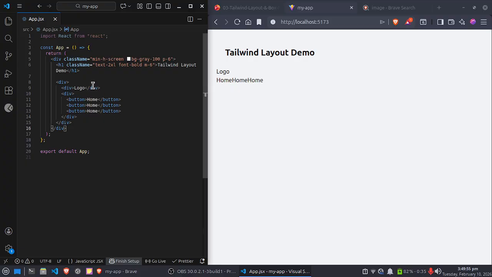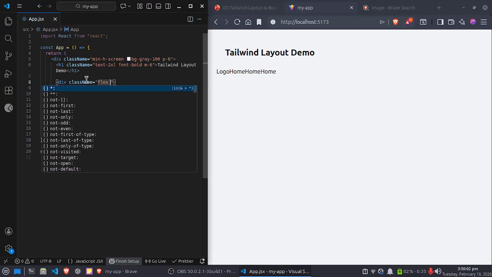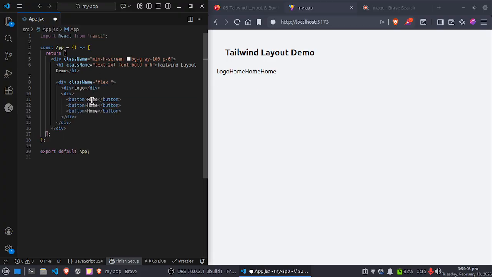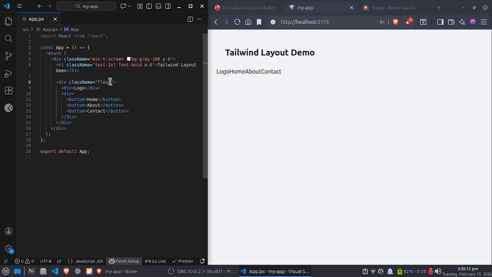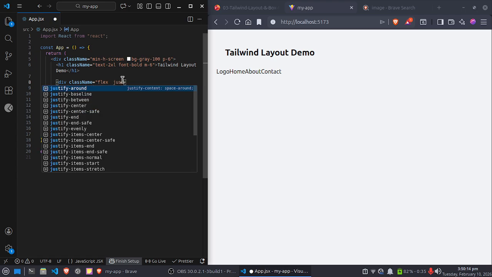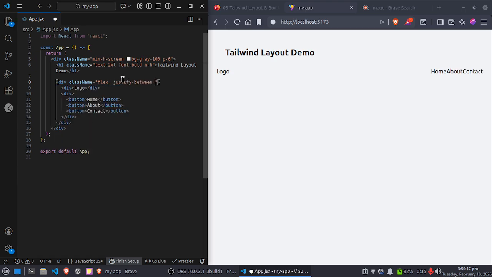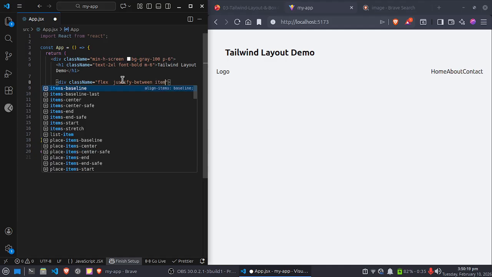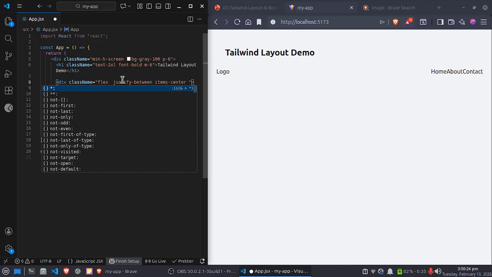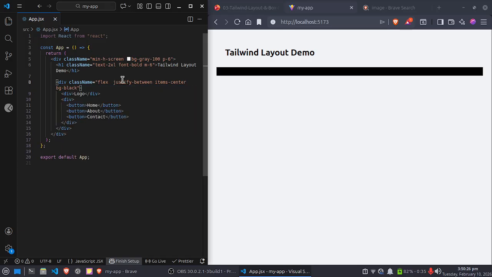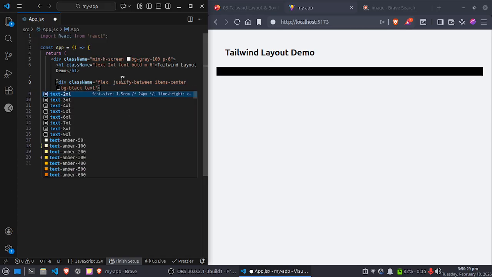And here I have to just write className, this is flex, display flex, and justify between, perfect, items center, perfect, and here bg black, perfect, text white, perfect,